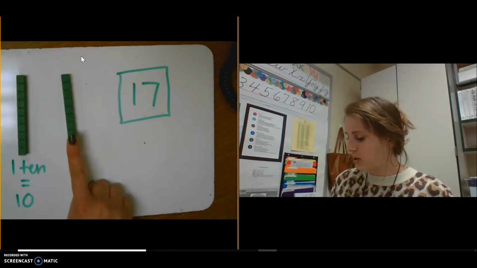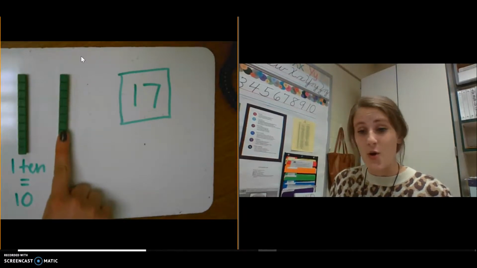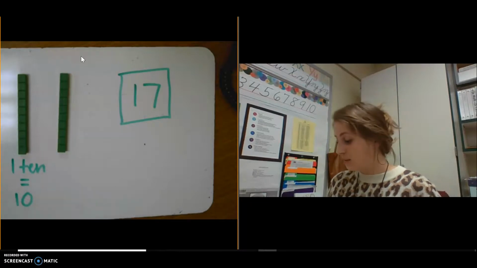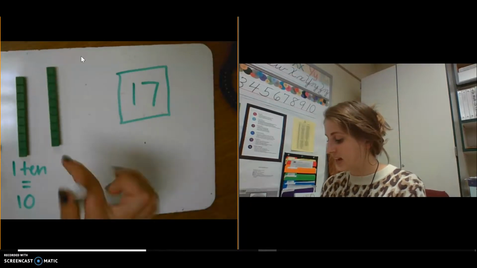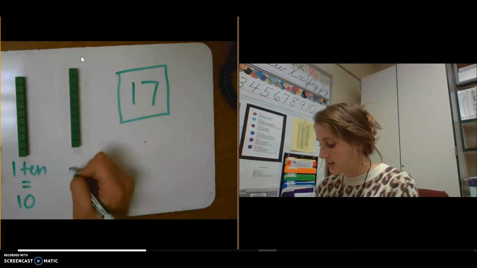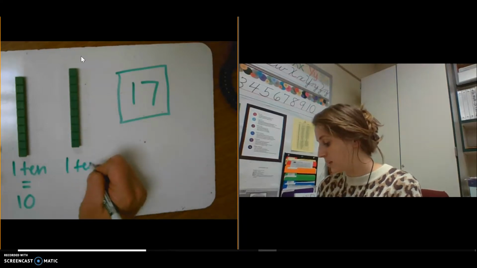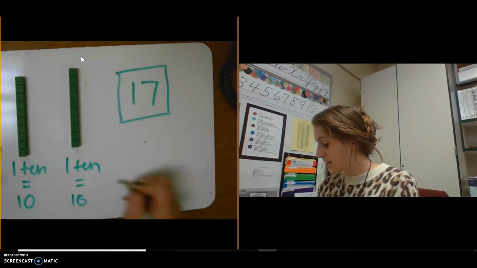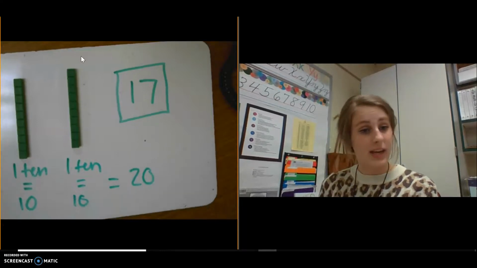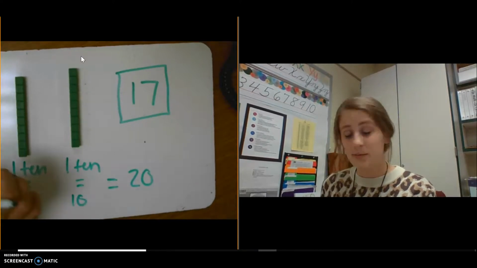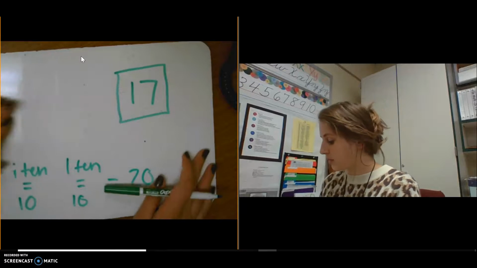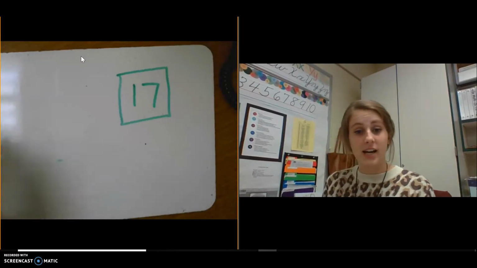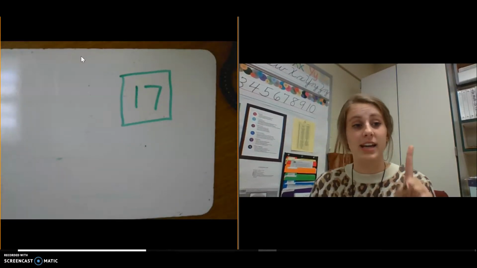Can I just ignore 3 of these? No, I sure can't, right? Because if I had a second 10 stick, I'm going to write 1 10, which equals 10, our answer would be 20. We can't make that equal 17. So I'm going to take these off of our board, and we've already done our combination of 10 sticks and